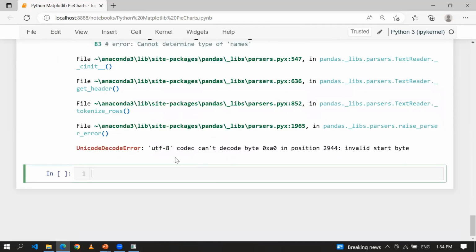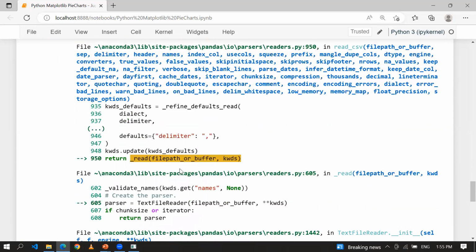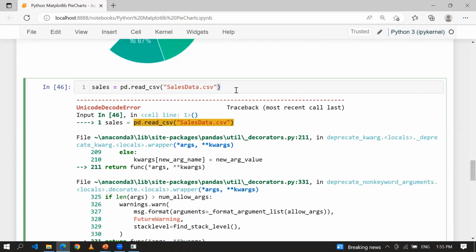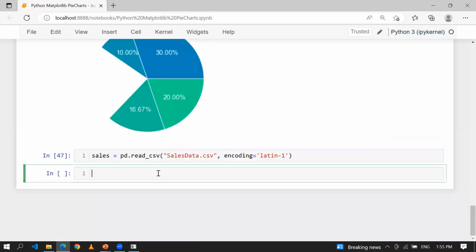So guys, I am getting an exception, Unicode decode error. This is a very common error, right? Sometimes when you are reading Excel or maybe some CSV, you will get this exception. In case you want to overcome this exception, what you can do? Simple, you can supply here encoding, or let's say Latin 1. Now if I am going to show the data, so simple, you can